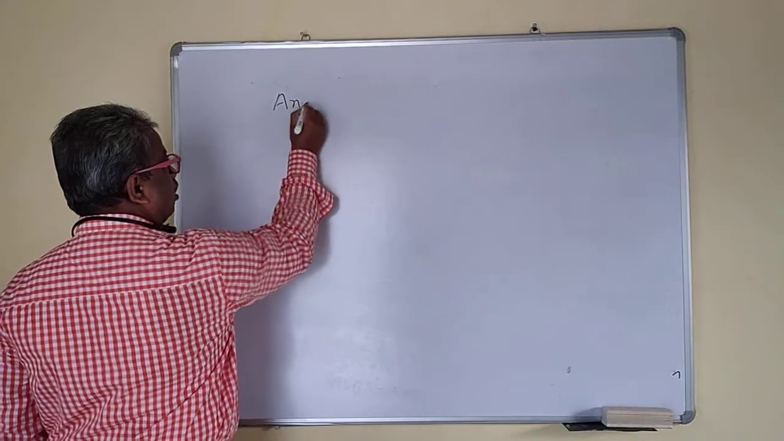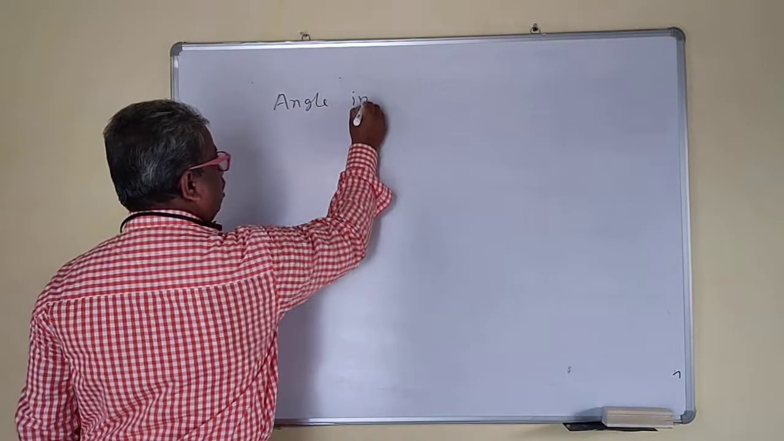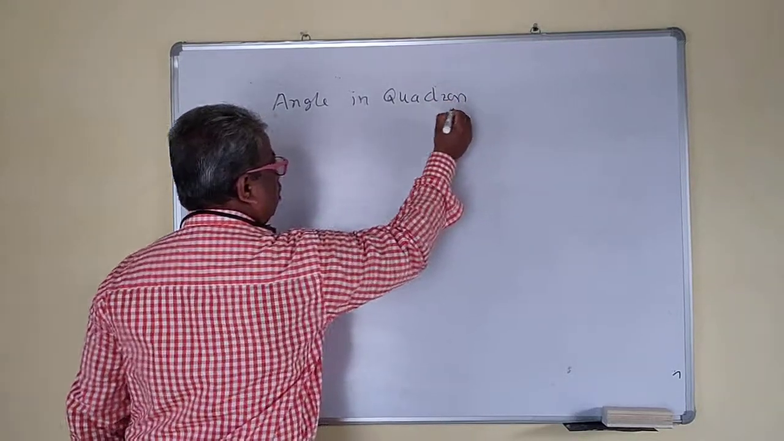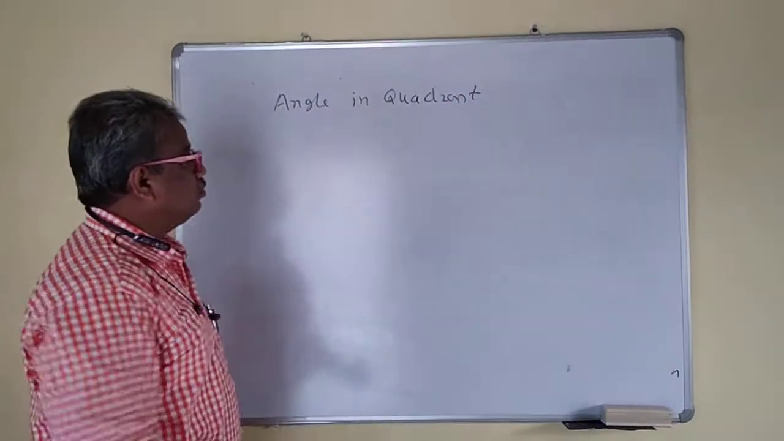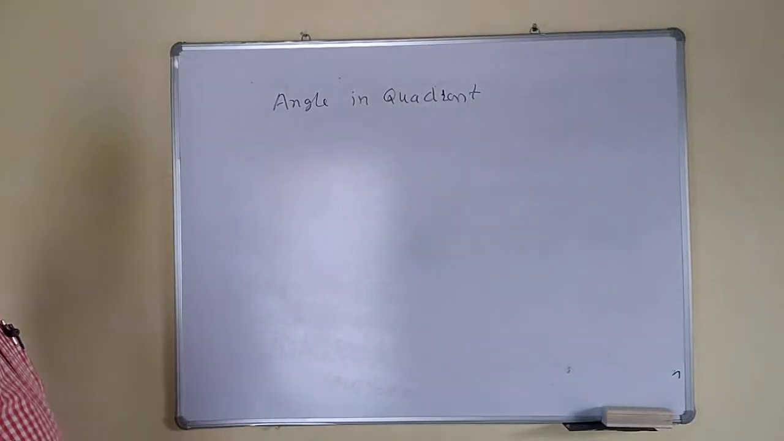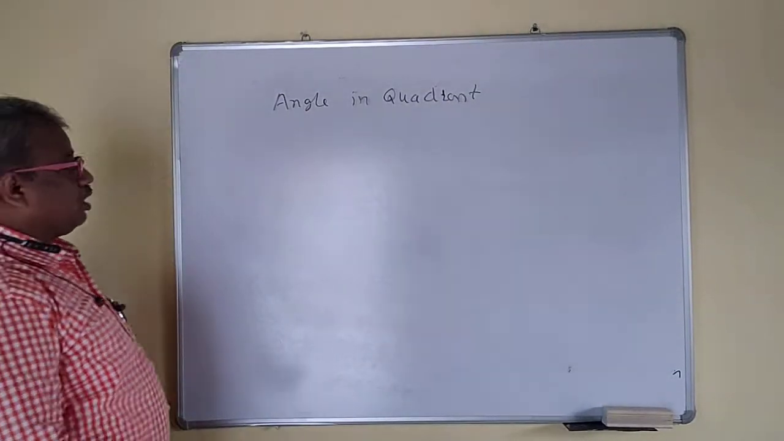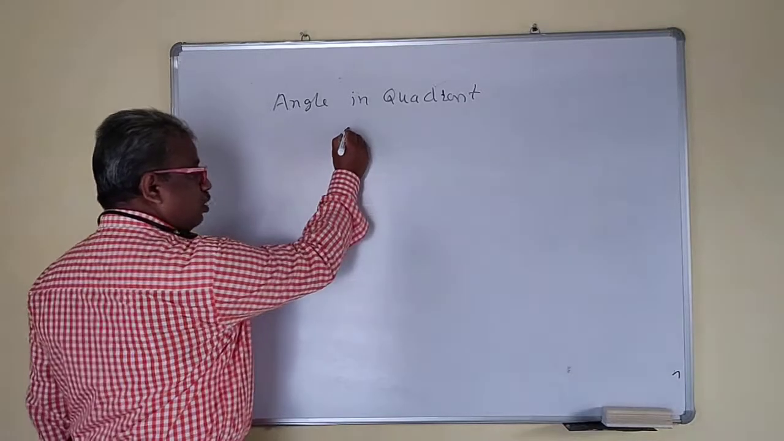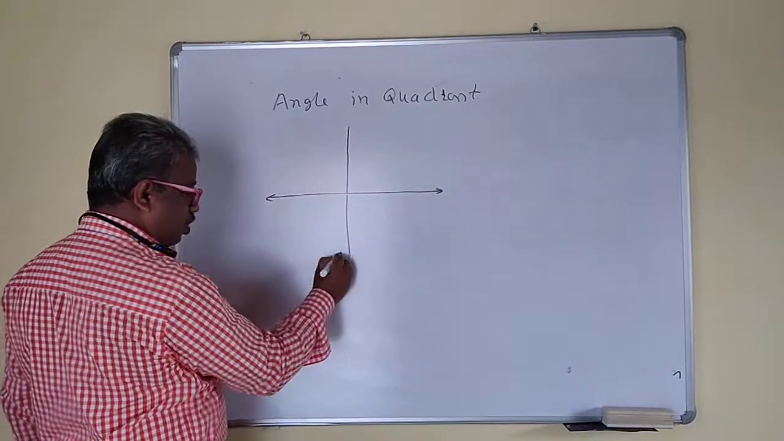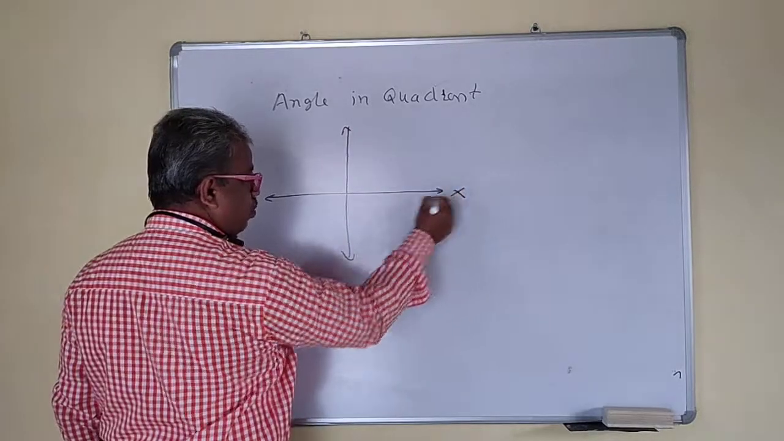Now next, angle in quadrant. Angle in quadrant. This is also important here. So now, because of the x-axis and y-axis,